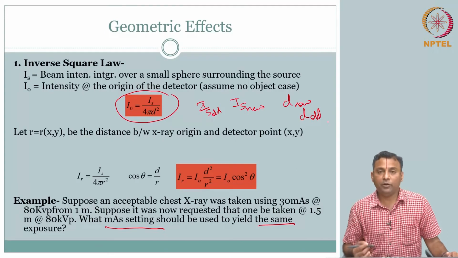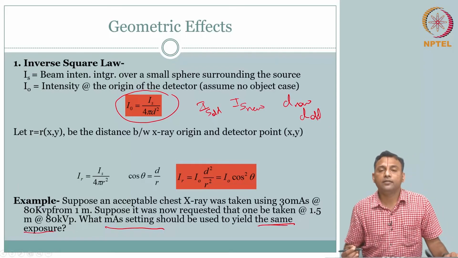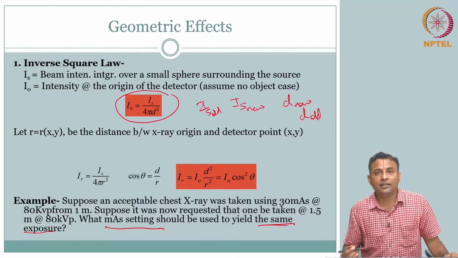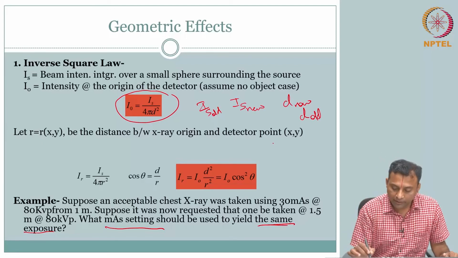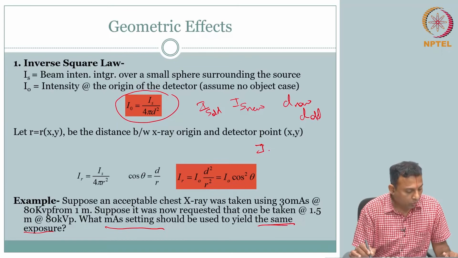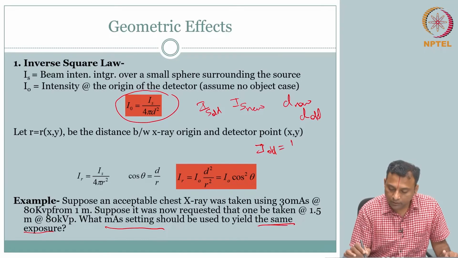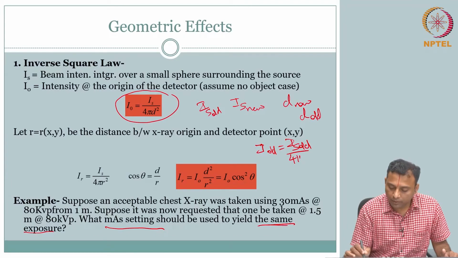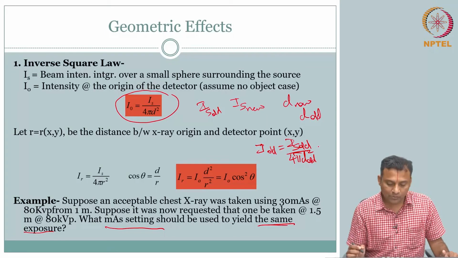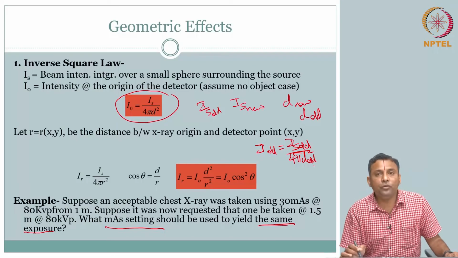So, if this is given, then what do I need to do? Well, I have to make use of this fact, same exposure. So, you can say, okay, it is all proportional and therefore it does not matter. I old is nothing but your IS old by 4 pi D old square. Likewise, you can write it for new as well, IS new, I new, D new.